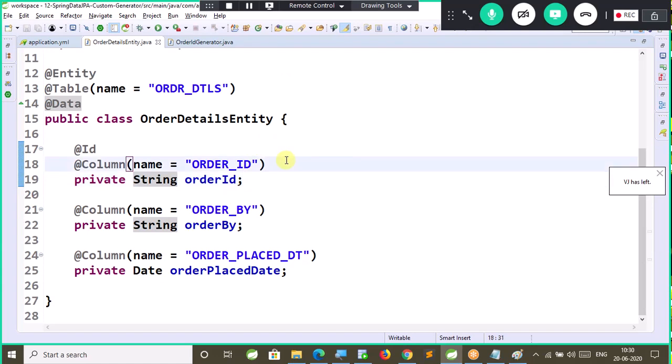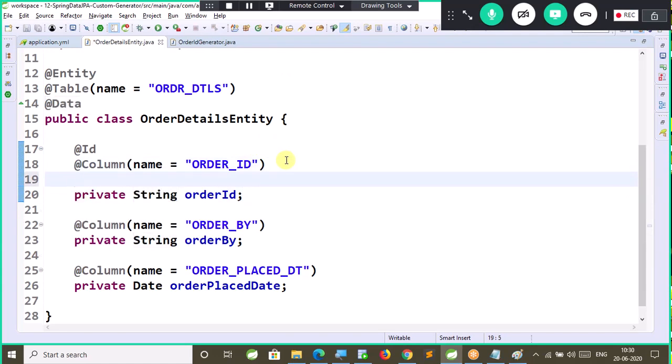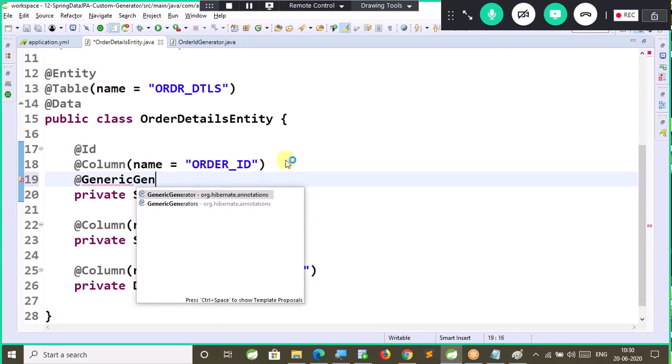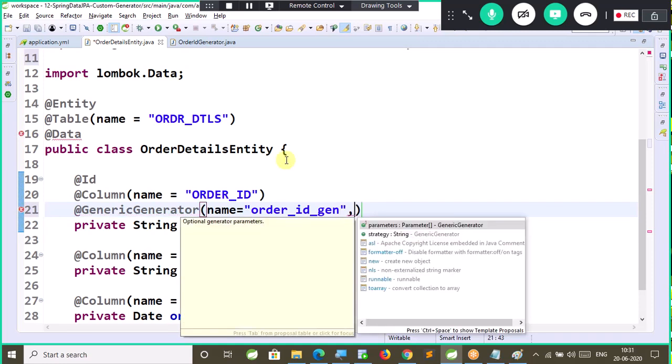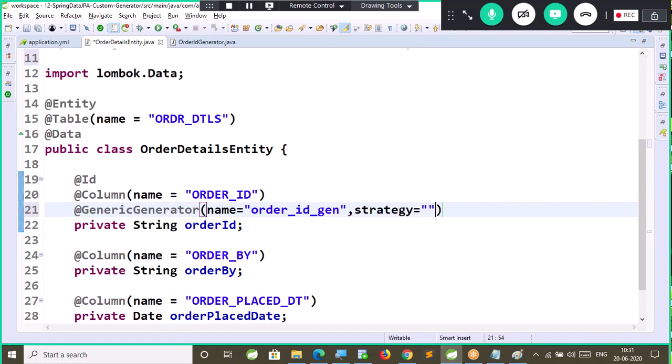In order to configure that, we use one annotation called @GenericGenerator. For that we will specify name. GenericGenerator name is equal to orderIDGenerator, comma, strategy is equal to